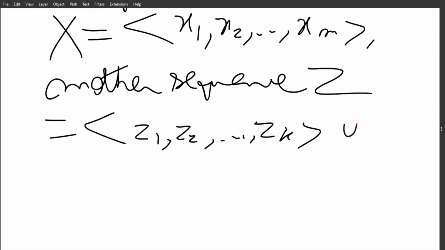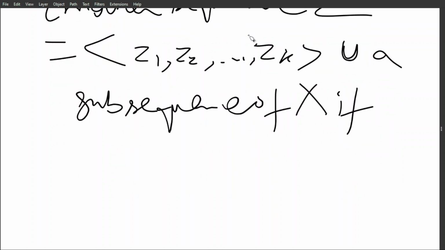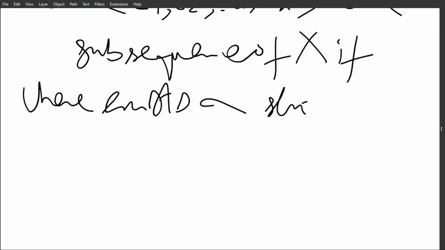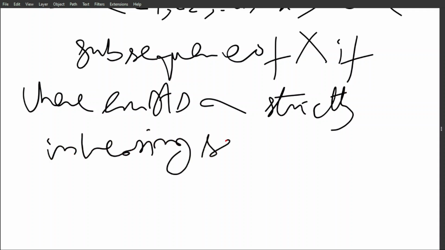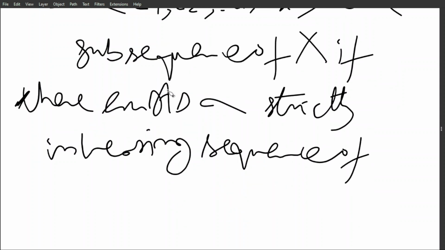Z is a subsequence of X if there exists a strictly increasing sequence